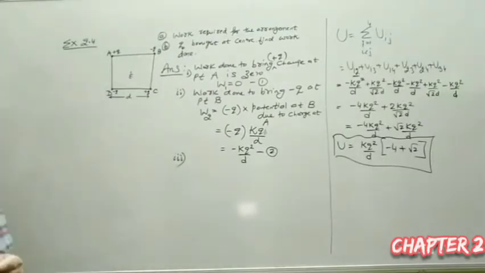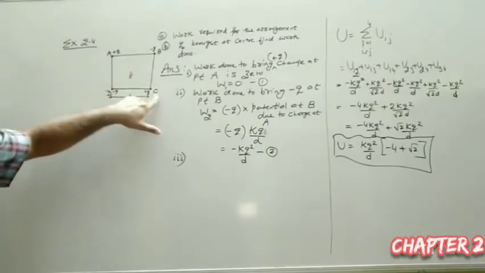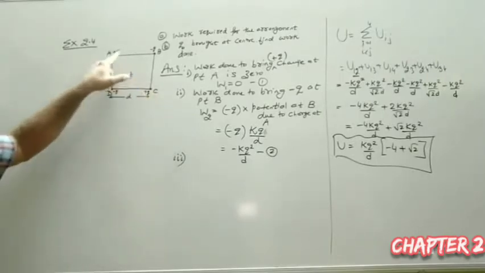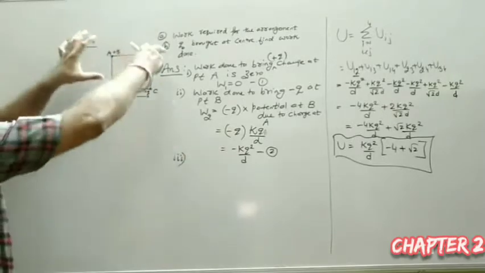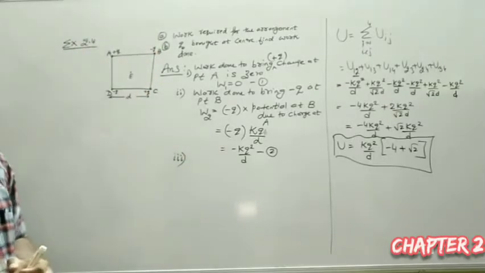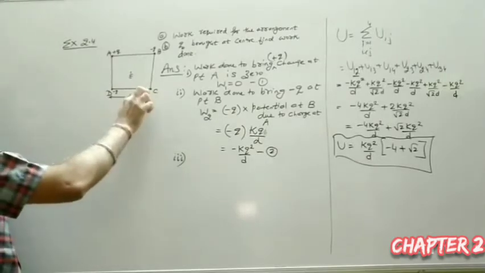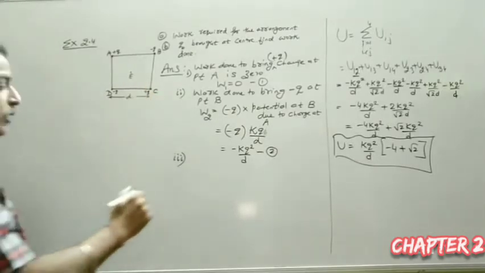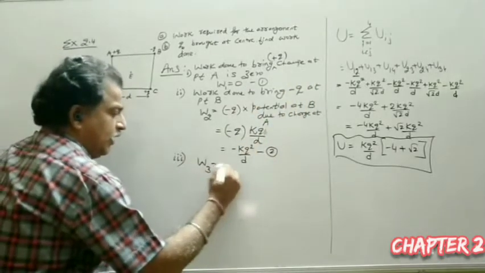Third, according to our step, you have to find out the potential at C. Now what will be the potential at C? Now there are two sources. They are called sources because they are already arranged there. So we find the potential at C, then multiply this plus q by the potential. Similarly, I am not writing the theory. W3 is equal to q.